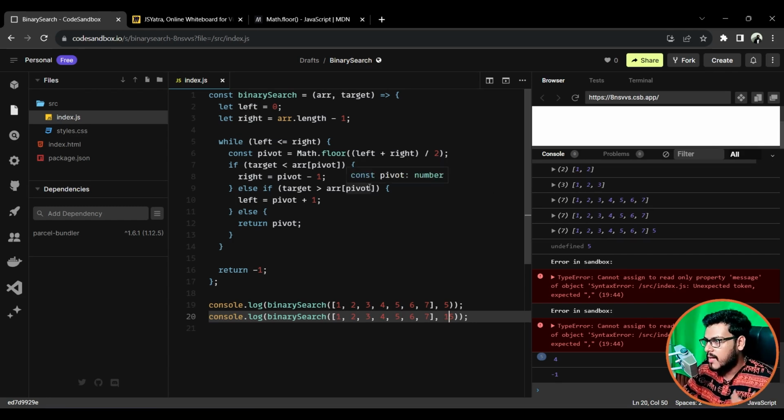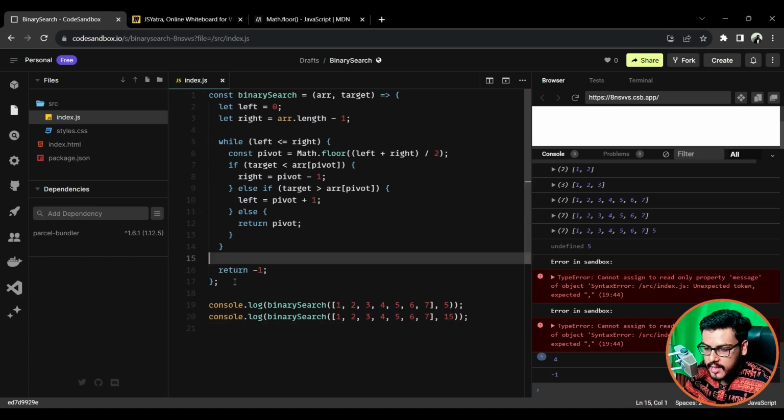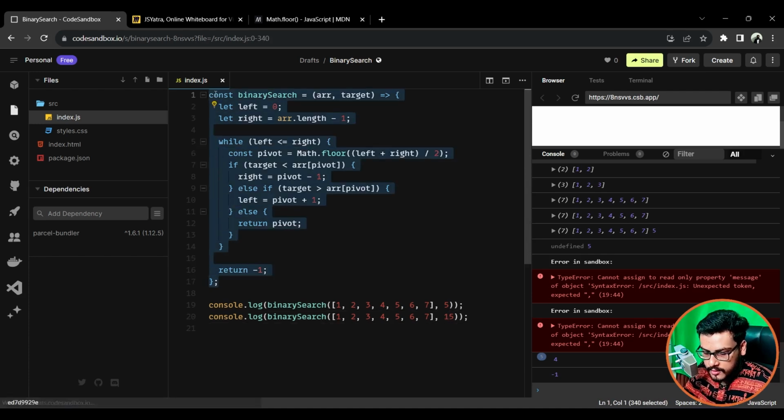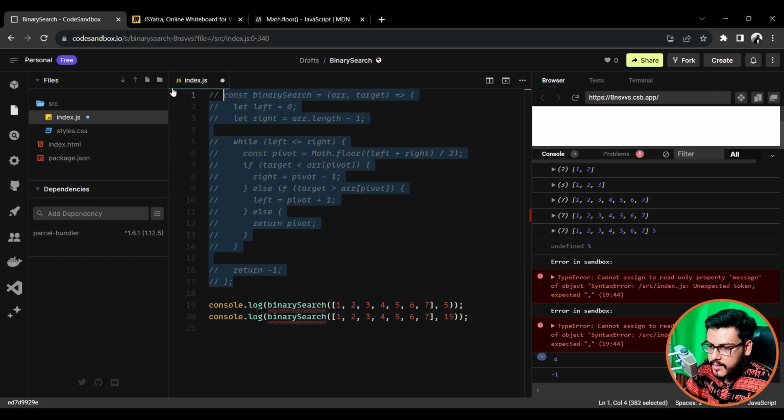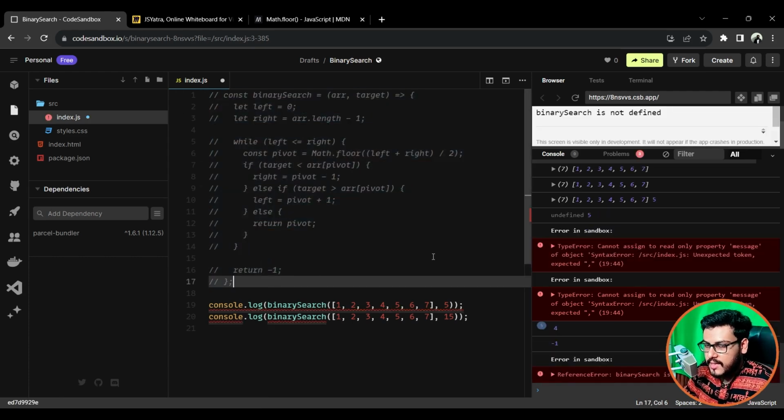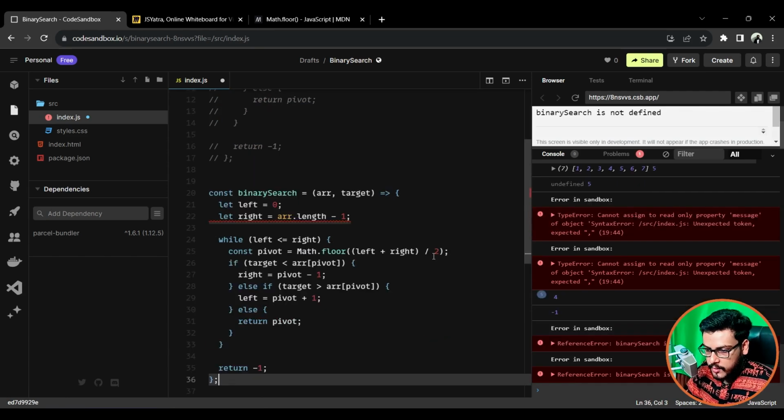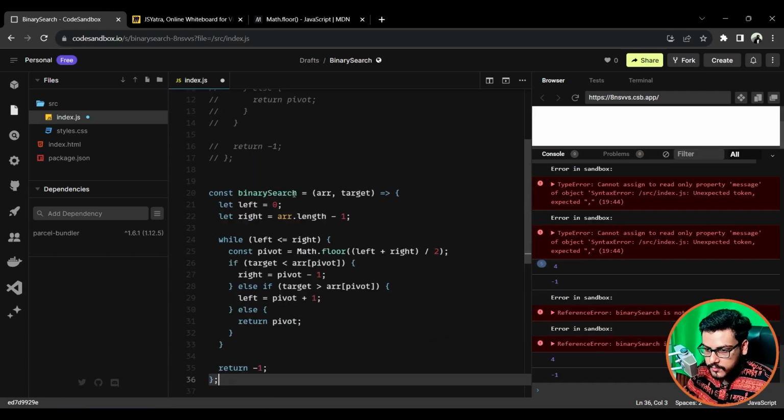The interviewer might ask, okay, hey candidate, please convert this implementation into a recursive approach. So okay, I'll take that. Okay, interviewer, I'm going to convert this now. We are going to first of all copy this. We are going to comment this out because you guys need a reference, and I'm going to create a binary search